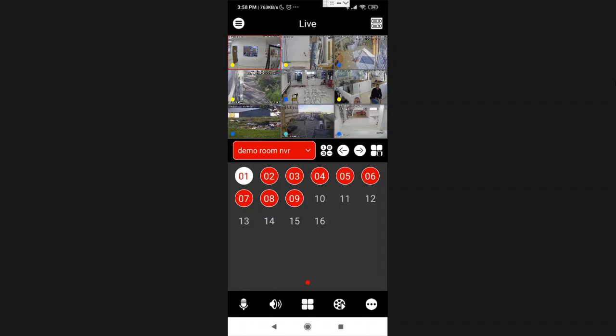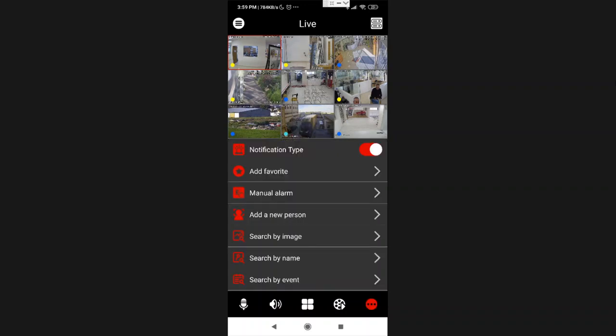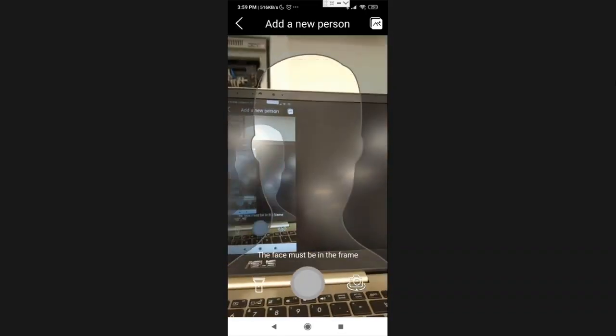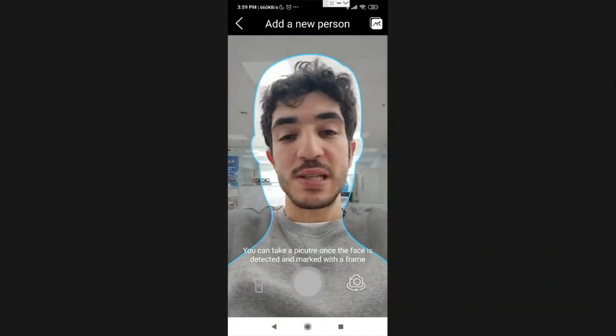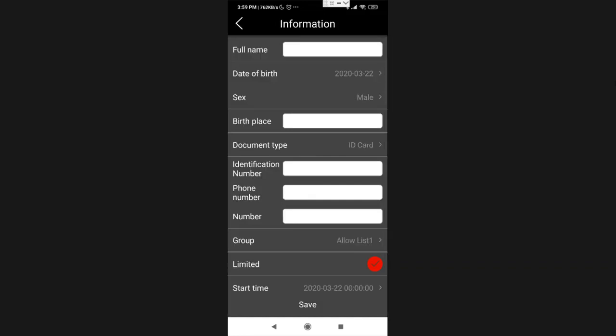So next thing I want to show you is the most powerful tool that I think an application can have. So what exactly am I talking about? Let's see. First of all, we start with pressing, yes, you're right, the three buttons here. And now we're going to press add a new person. Now what exactly does that mean? It means that right now I'm going to have my camera open up, the camera on my phone. Now I can take a picture of me or someone else, or doesn't matter who,